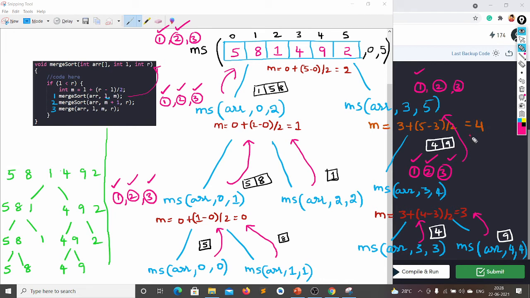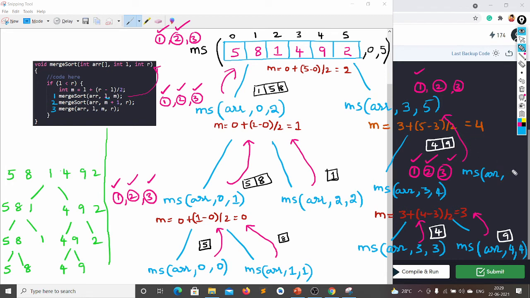Okay, and again this function will call, then it will say, okay, my three functions are over, then you can continue calling your function. And this function will call merge sort of, what is the second function? Array, array comma, what is m plus 1?